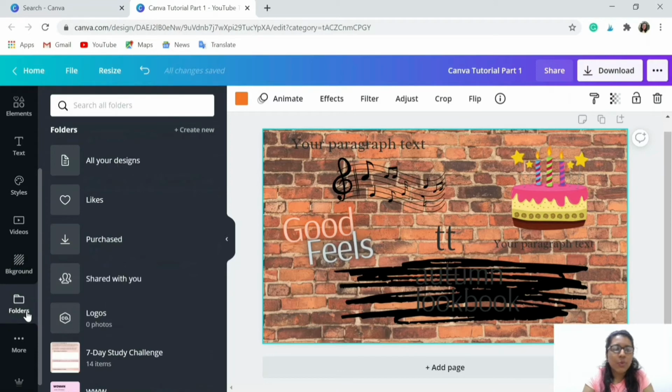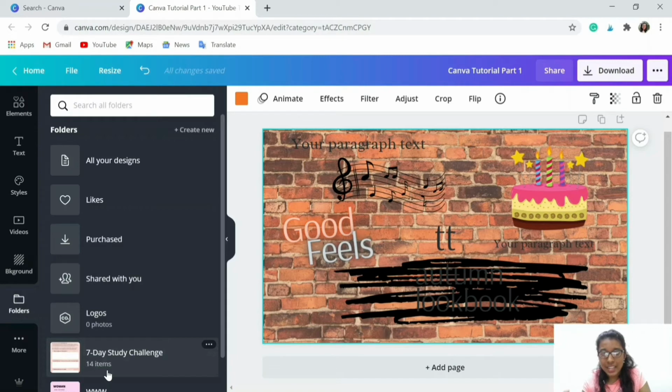Next, we have the folders tab. The first 5 folders will be provided to you by Canva itself. So once you log into Canva, these 5 folders will appear as it is. After that, you can create your own folders. So it is better to create folders if you are using Canva on a regular basis. If you have many designs, if you use Canva especially for your social media posts, it is better to create categories either day-wise or subject-wise, so that if you want to revisit your design, then you don't have to keep searching for it in your whole designs section. You can go on that particular folder and get that design.